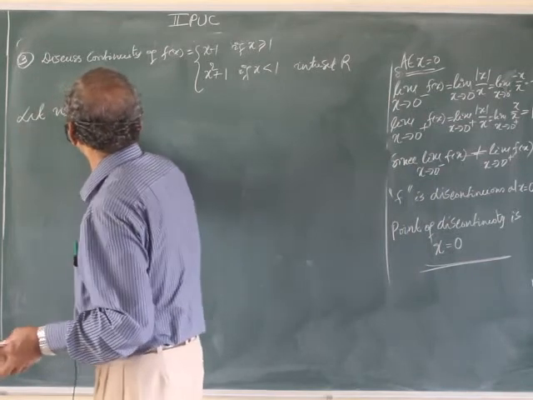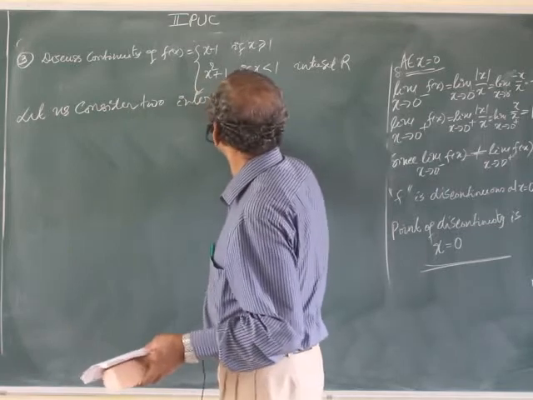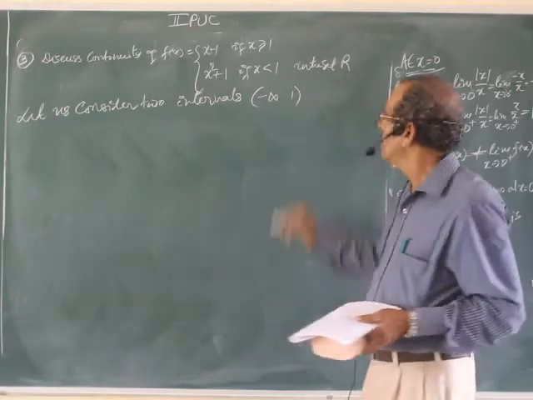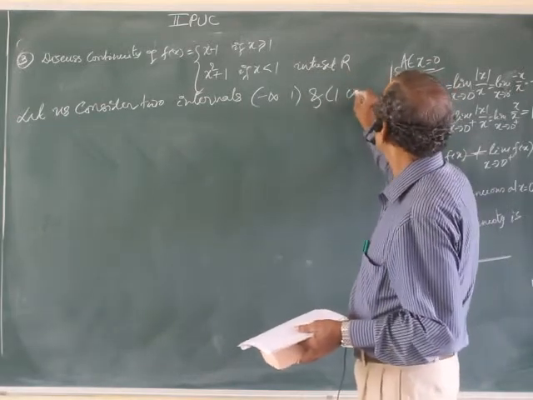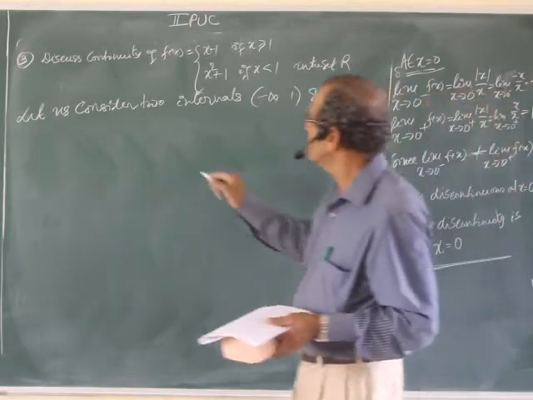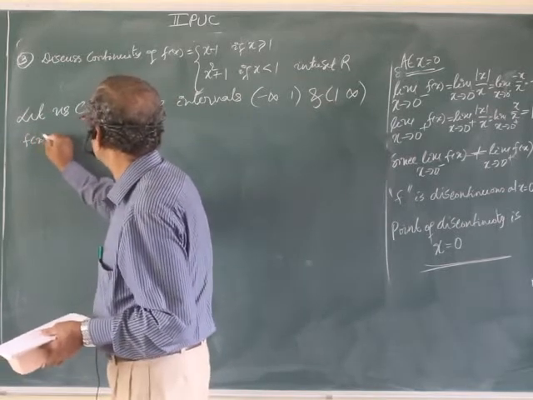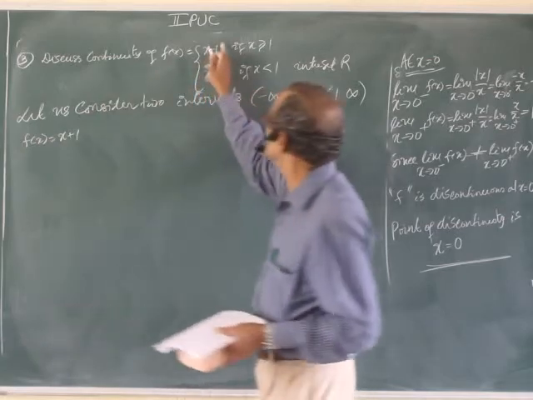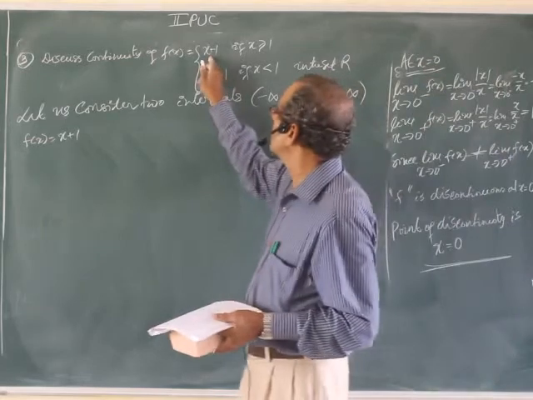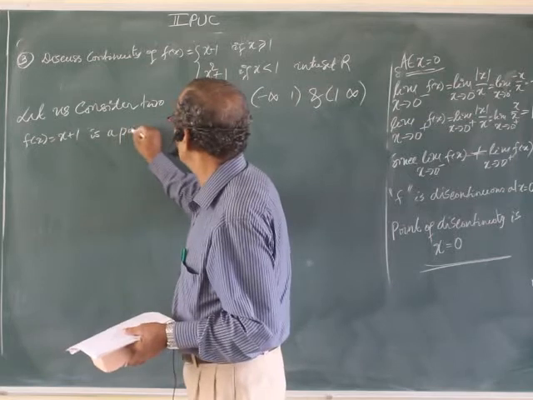Let us consider two intervals: minus infinity to 1 and 1 to infinity. f of x equal to x plus 1. Just see here, it is the linear equation, x plus 1, a polynomial equation of degree 1. So, x plus 1 is a polynomial